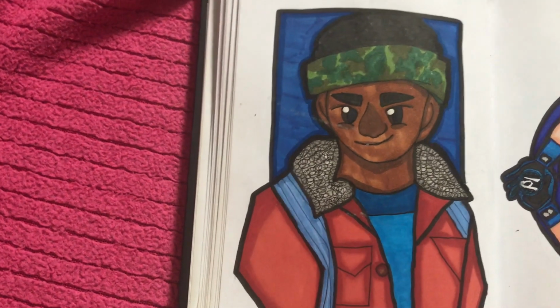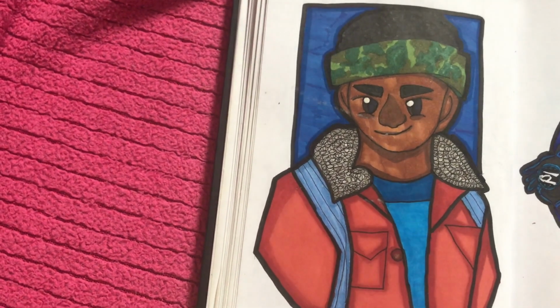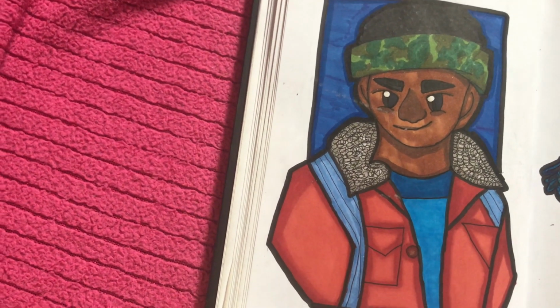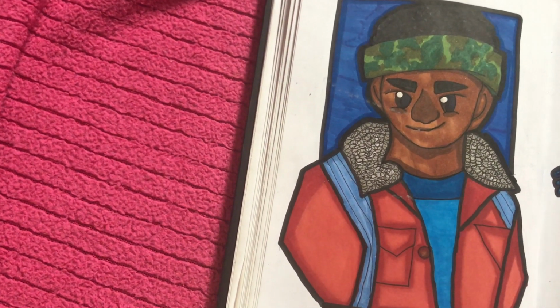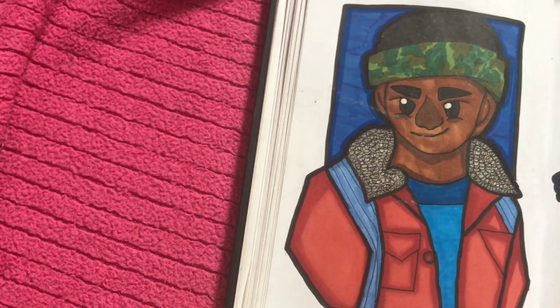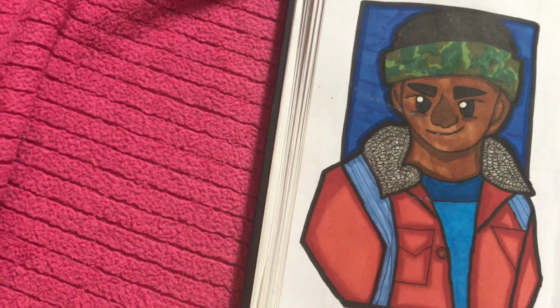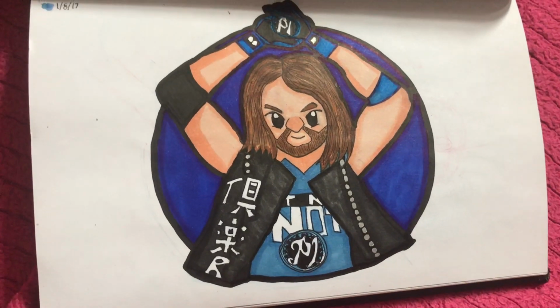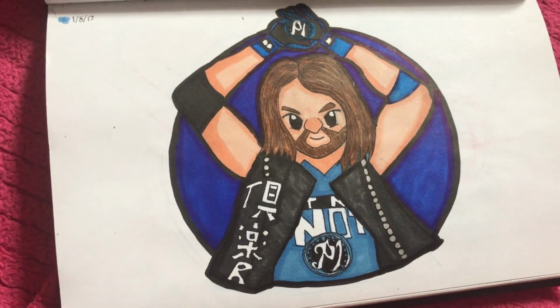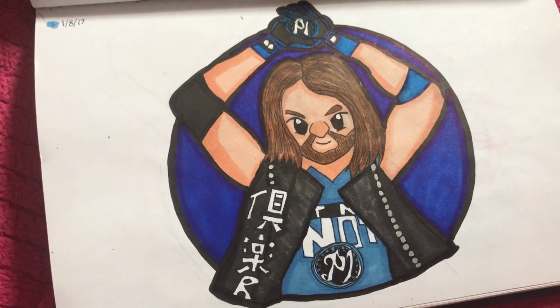Here was when I tried to draw Lucas from Stranger Things, and I remember the actor who plays him, Caleb, liked this on Instagram, so that was really cool, but I feel like I need to do a better drawing because I feel like he deserves something better. Here was a drawing I did of the phenomenal one, AJ Styles. I remember kind of struggling a lot with the hands, so